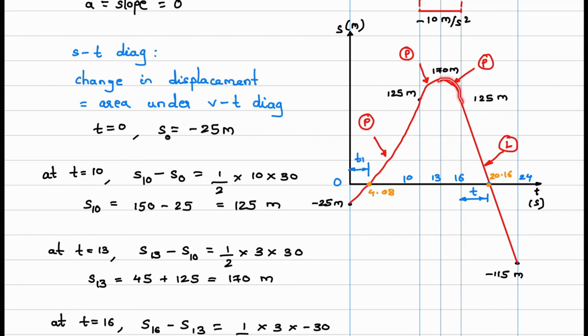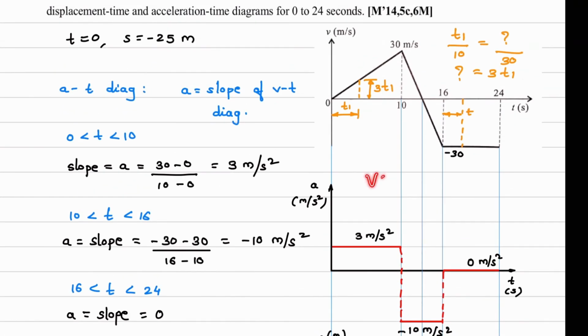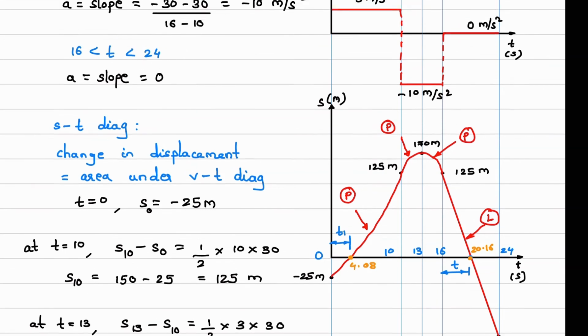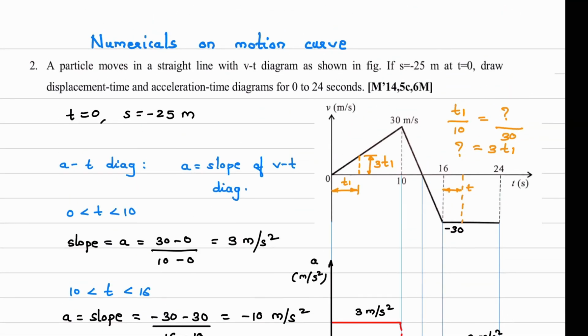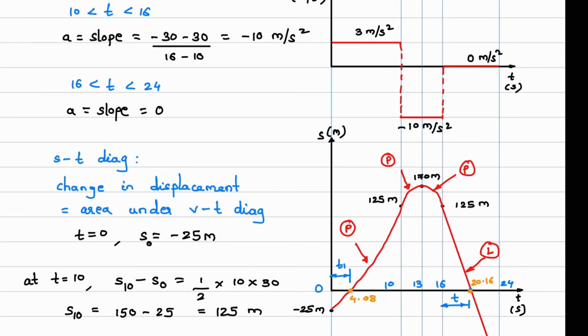Now we have to draw this curve. How to draw this curve? Observe VT diagram. So velocity is slope of ST diagram. Now velocity, it is increasing in negative direction. So slope should increase, and this value is negative. So slope should increase in negative direction. So curve will be like this. Next part, and note that since this line, and this line, all three are linear on velocity, here all three are parabolic on displacement time diagram. So this is parabolic, this is parabolic, this is also parabolic.